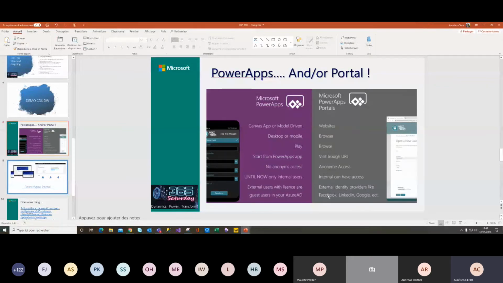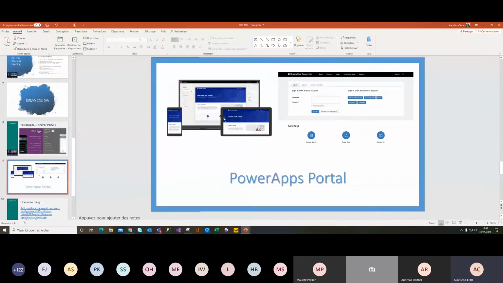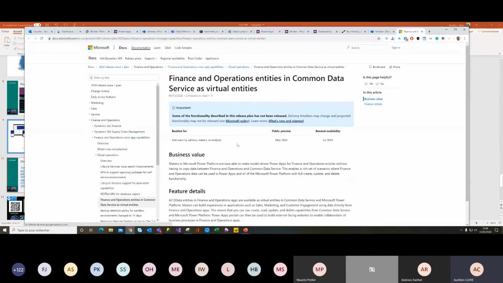And you can have, as I said, a custom authentication with Azure Active Directory B2C, with a lot of providers behind, like Facebook, LinkedIn, Google. I think the 365 portal is like this one. And you can build your portal really quickly as I showed you. And one more thing, coming from a new feature. It's because at the Microsoft Business Application Summit, a few weeks ago now, 20 days ago,